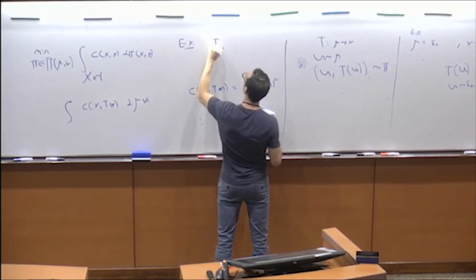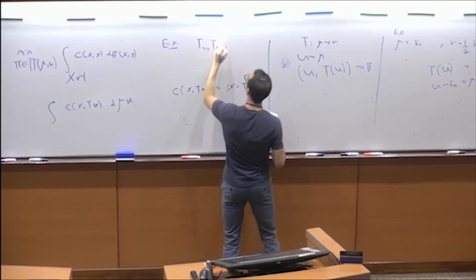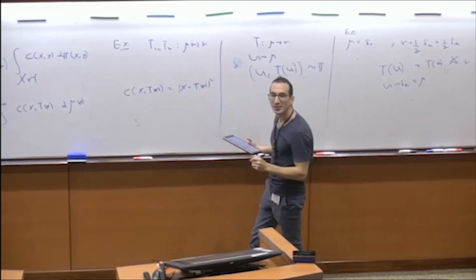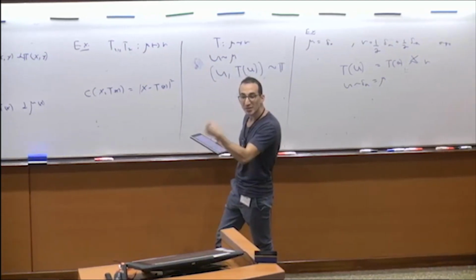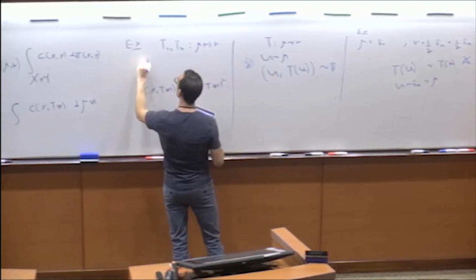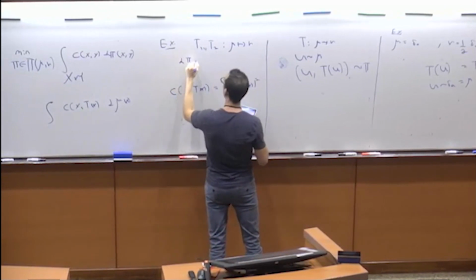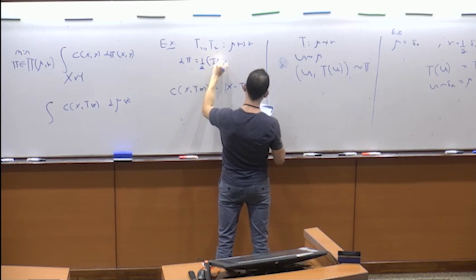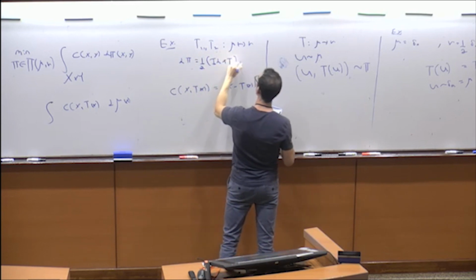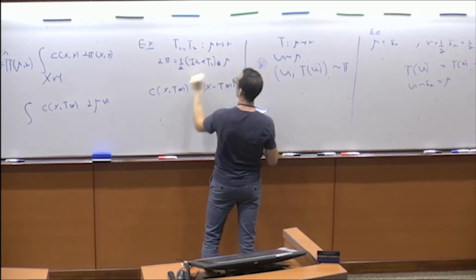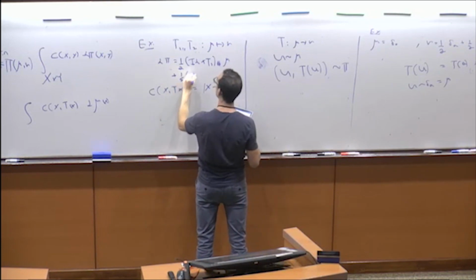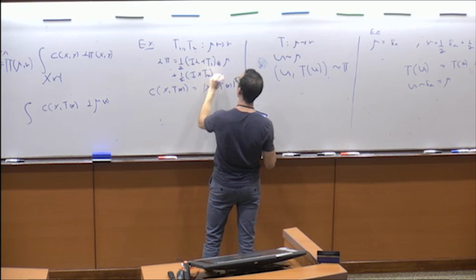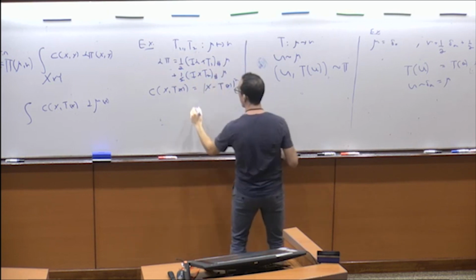Suppose we had two transport maps, T1 and T2, which send mu to nu. Then you can build a coupling from these two transport maps, because you can just take T-pi, and this is a good opportunity to introduce some notation. What we're doing here is we're either using the first transport map or the second transport map with probability a half. So when we write